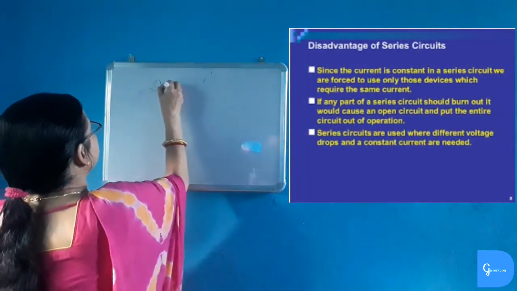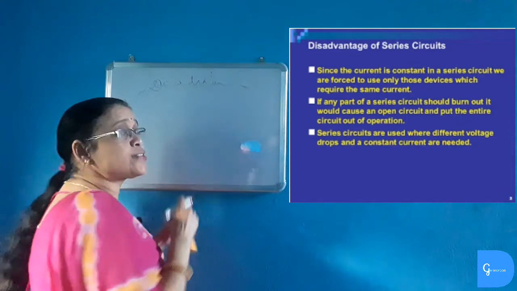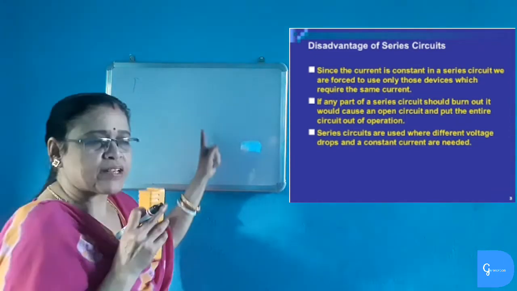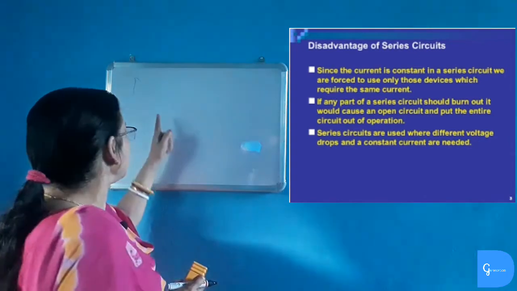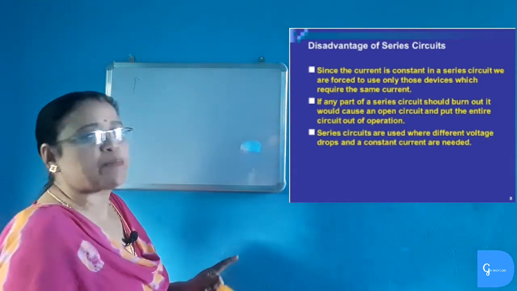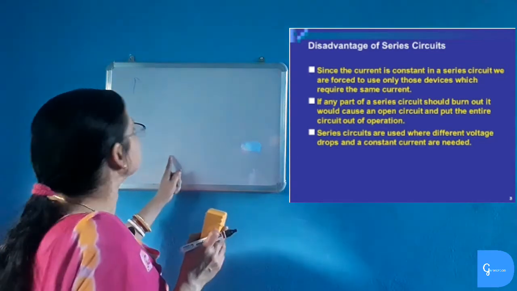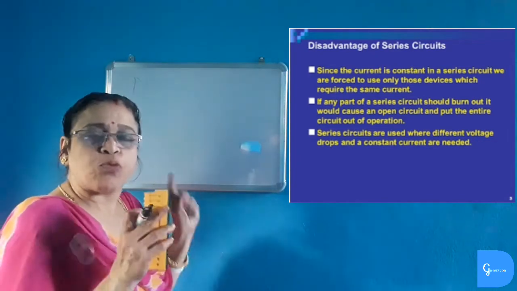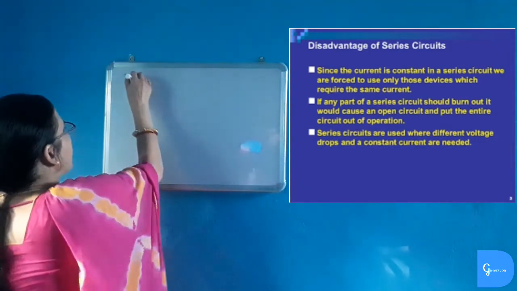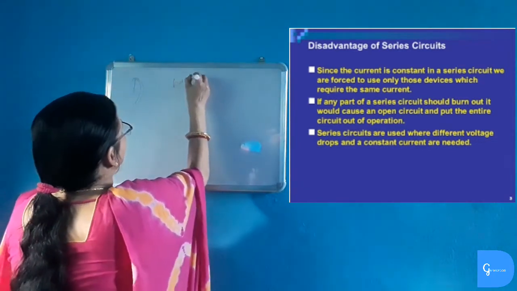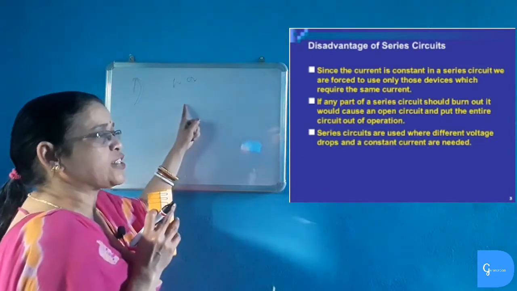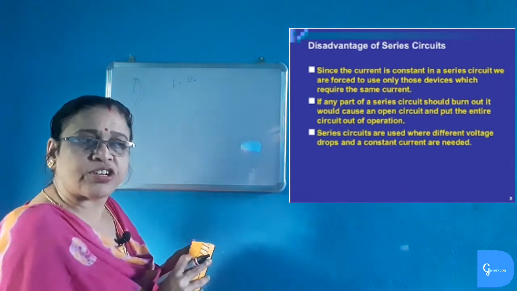Now the disadvantages of a series circuit in a home. First of all, the electrical appliances work with a single switch. So each electrical appliance cannot be operated separately. If we put on the switch, all the electrical appliances will work together, and if we put off the switch, then all the electrical appliances will be put off together. No separation of electrical appliances. And if any one of the electrical appliances is out of order, all the other electrical appliances stop working. So this is also a disadvantage.